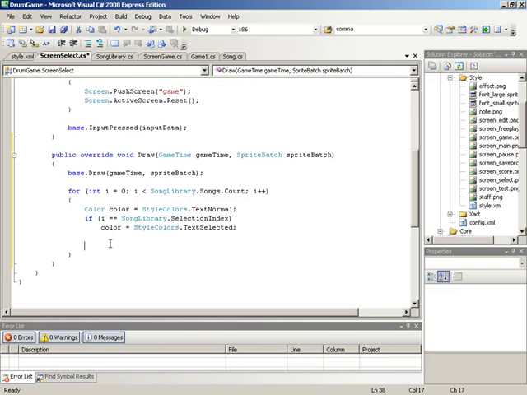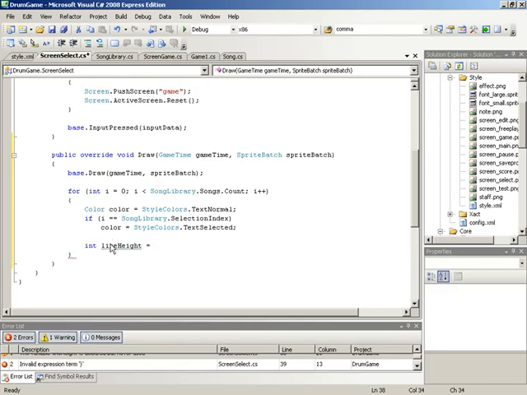Alright, now that we've got a color picked out to draw the text, we need to figure out what additional offset there is so that we can place songs one after another. And the first thing we'll need is to know what the text height of each line is. So we'll put together a variable, int line height, and we'll set that to be equal to our font's measure string method. We'll use measure string to pull out the height of a standardized piece of text to figure out how tall each line should be. So to do this, we can look into